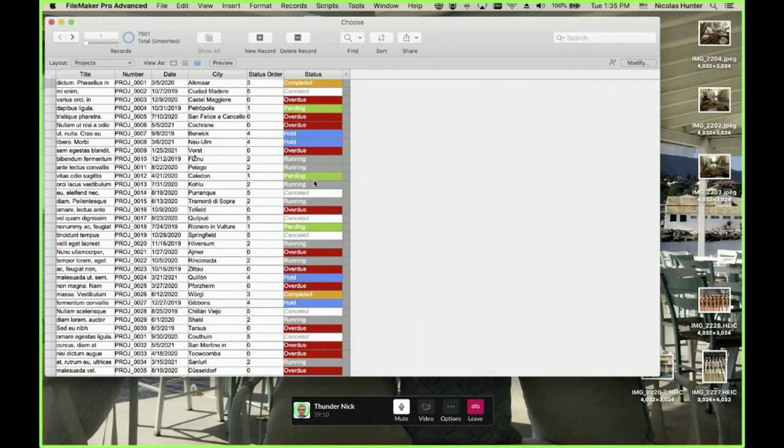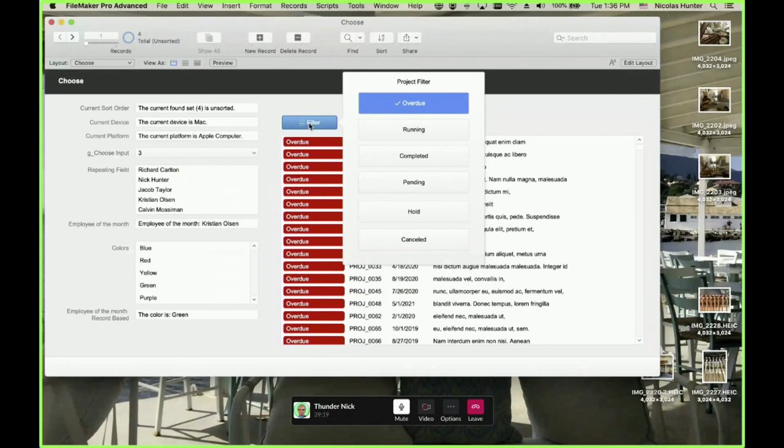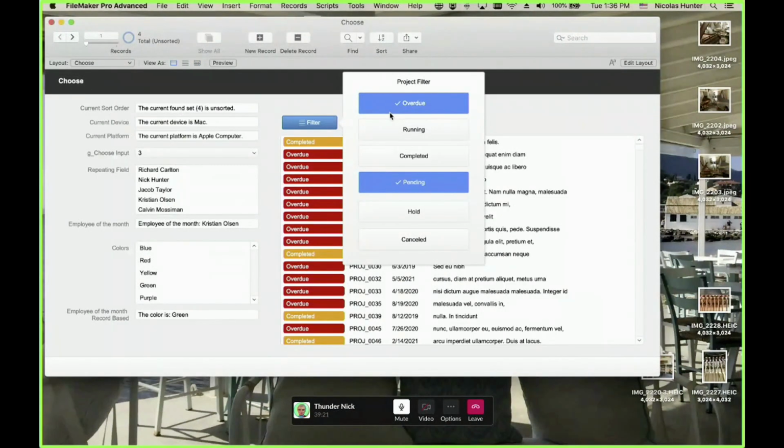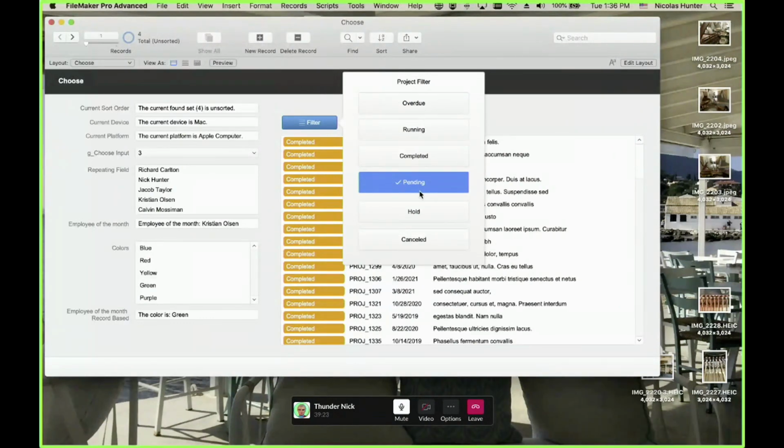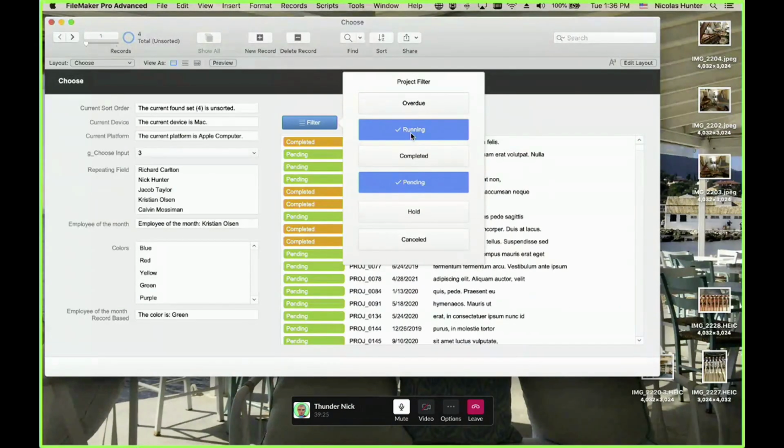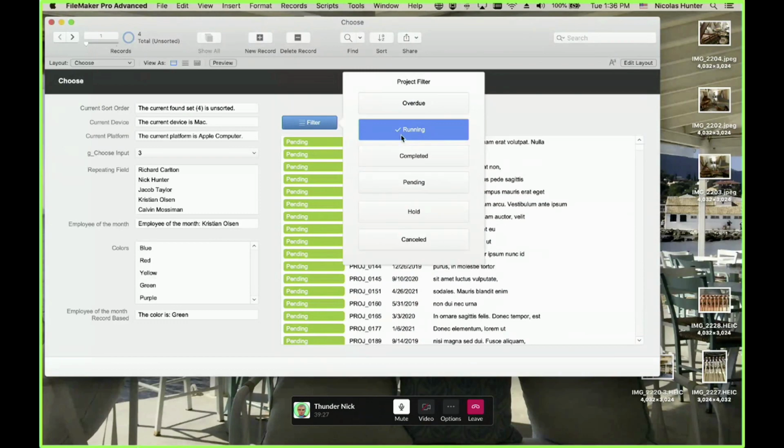Okay. But if you go to my filter here, you will see that my pending is still working, but it's not pending anymore because now they are inversed. But still working.